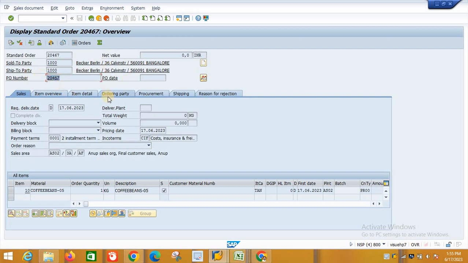So sorry, I correct myself. I told you customer number as a purchase order number, but that is not the thing. So for whatever sales order, if PO number is mandatory and somehow we forgot to put the PO number, then the sales order number is used as the purchase order number here. Okay, got it guys?